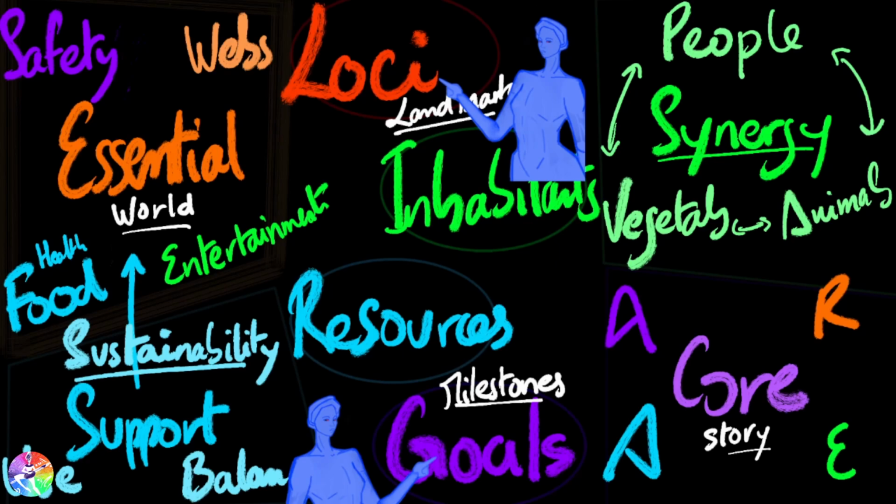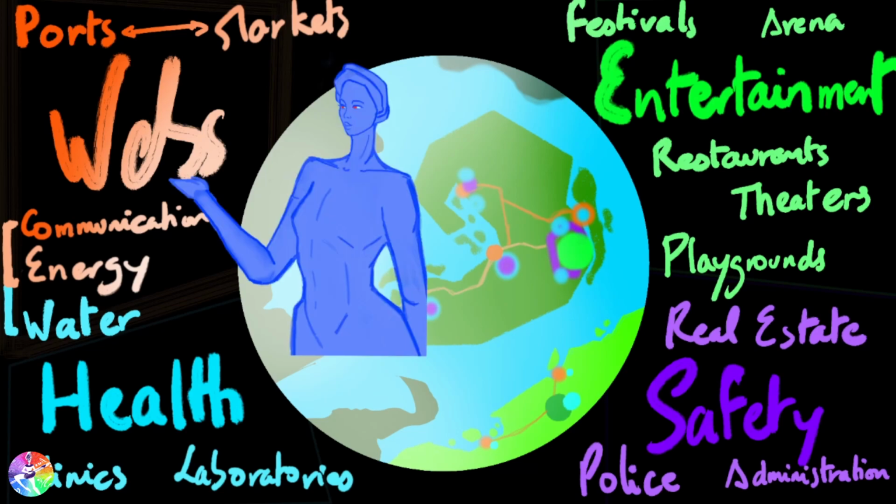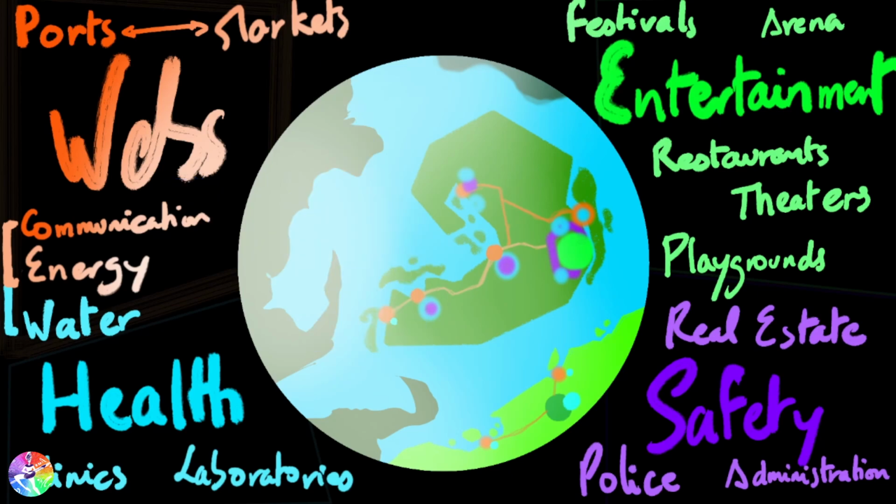So, landmarks and milestones. As we create our world, we want to place our four main types of location in order to indicate to our characters and our public where they need to go and why they need to go to this location. In most cases, you want to start with webs. Webs regroup every kind of infrastructure which is linked to communication, energy, water, and commutation in a general sense. Here on this map will essentially indicate ports, harbors, and markets.